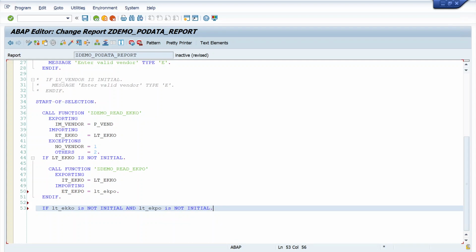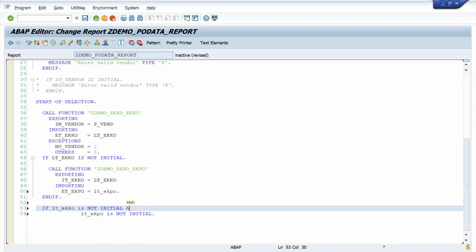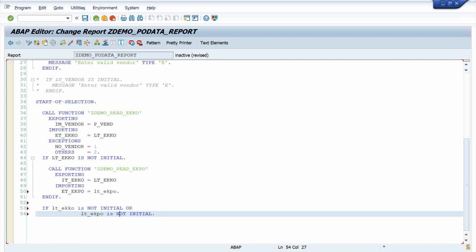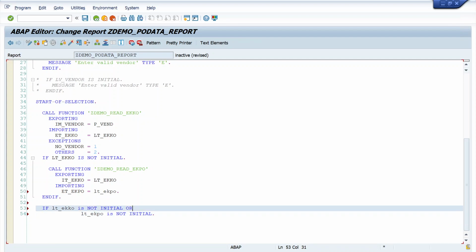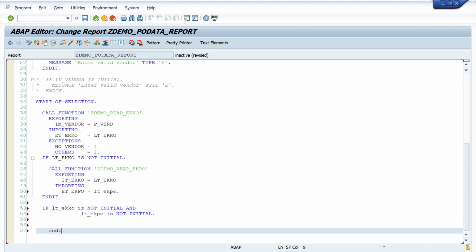When both internal tables are not empty, if you use AND, both should be true. If you use OR, it will check either this one or this one. Any one condition is true, it will execute when you are using OR. But when we are using AND, both should be true. And if,